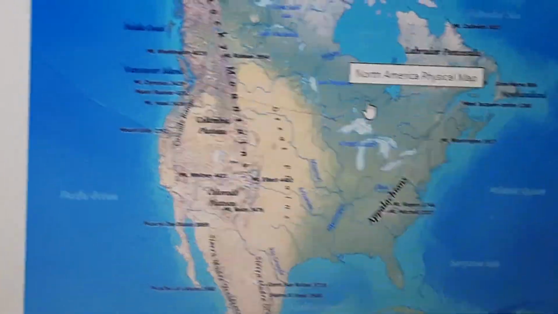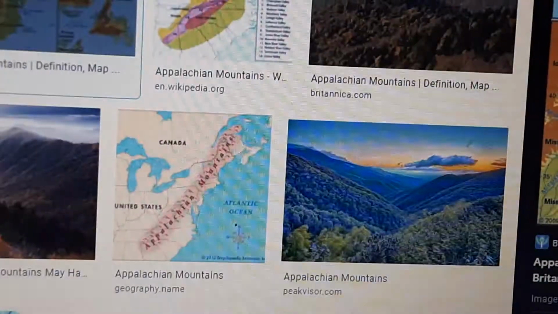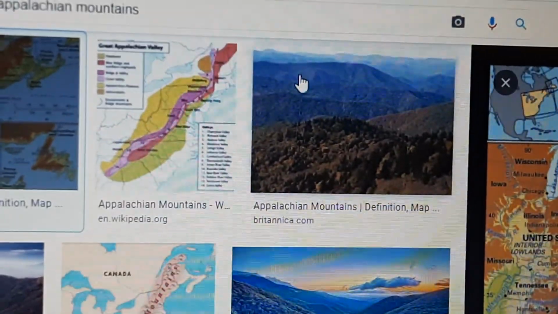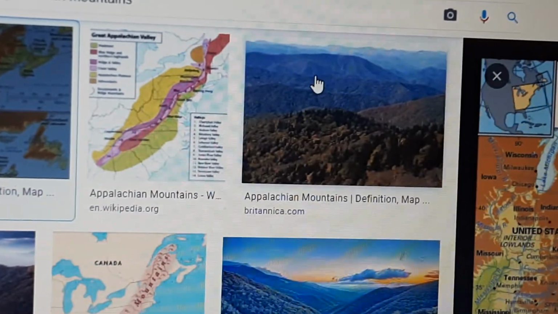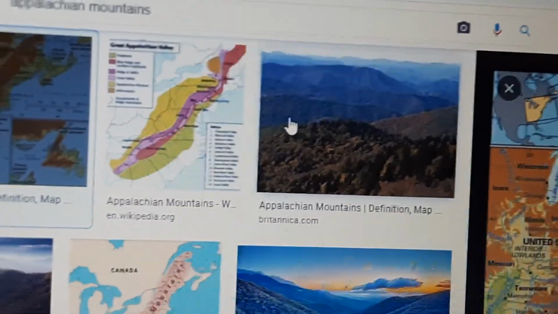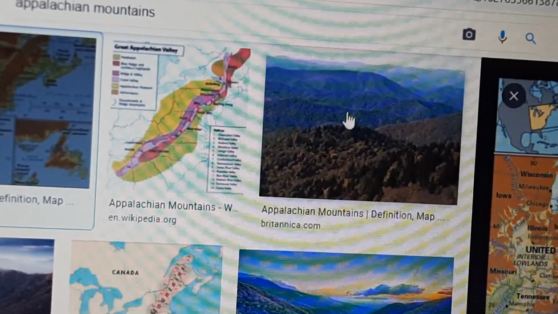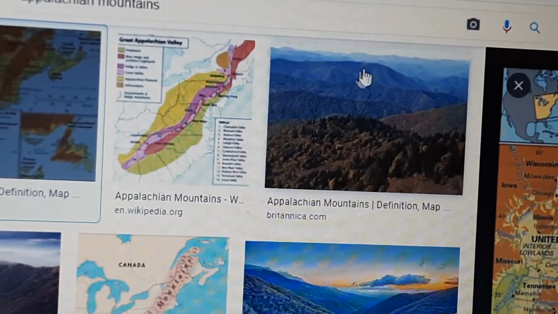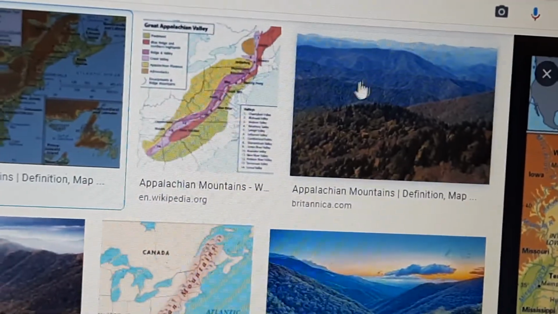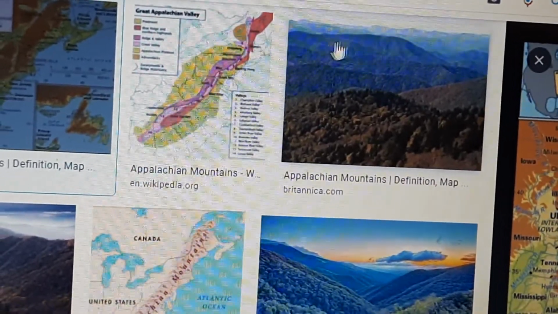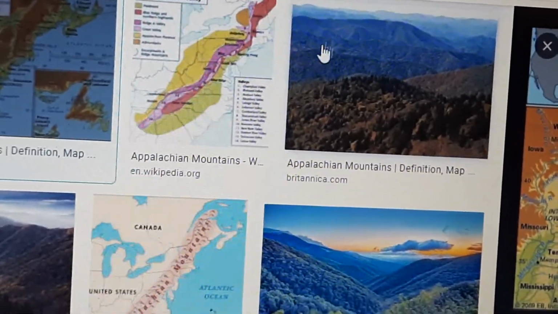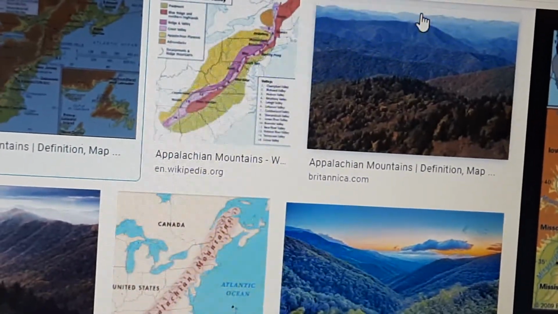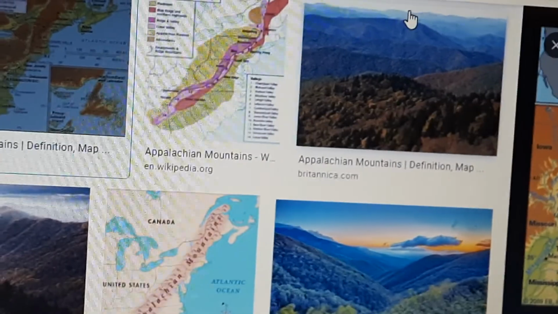Let me show you in the picture. These were once very high, and now the highest mountain peak is just about 2000 meters in height. They have been worn down over millions of years. So some exogenous force occurred and it resulted in the wearing down of these mountains, and now the highest peak is just about 2000 meters in height.